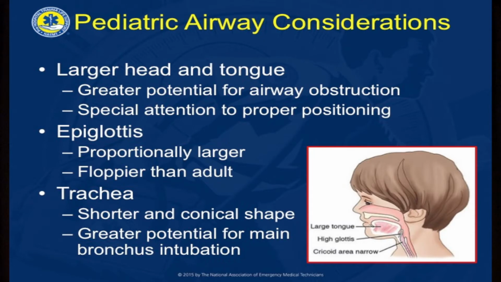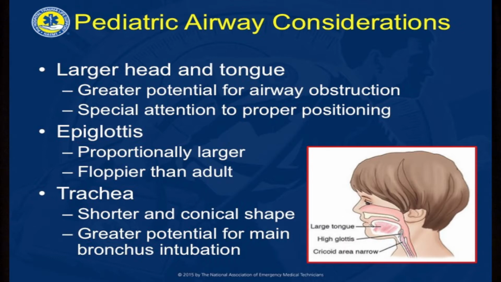Some differences with pediatric patients. Pediatric patients, especially when they're infants, have much larger heads, especially in the occiput area. They also have a larger tongue in relation to the size of their mouth, so the tongue will take up a little bit more space in the mouth, leaving less room. They also have a larger epiglottis. It is not as stiff as it is with adults, so it tends to flop or hang over a little